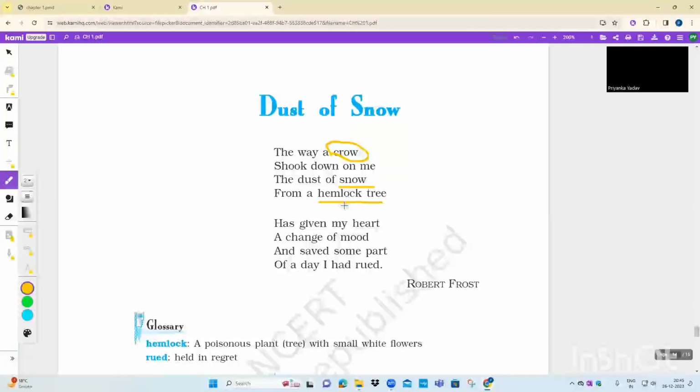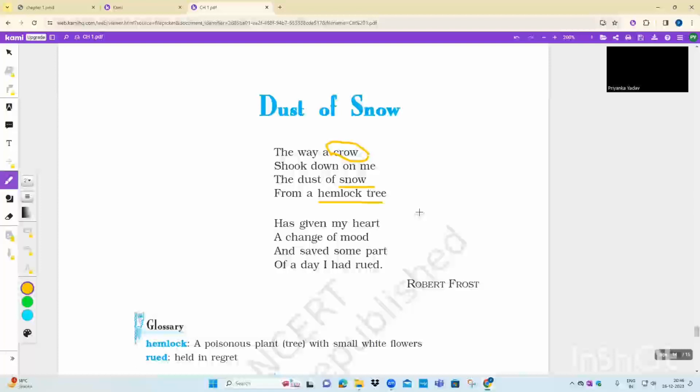So hemlock tree and crow, these are the two unconventional symbols that he has used. Basically, crow is synonymous with sorrow. And here in this poem, it signifies the poet's sorrowful mood, his pensive mood. Hemlock tree, on the other hand, is a poisonous tree, and this tree too has a negative connotation. So here, the poet has used the dark, depressive, and bitter side of nature